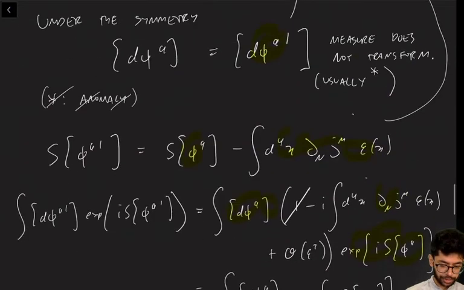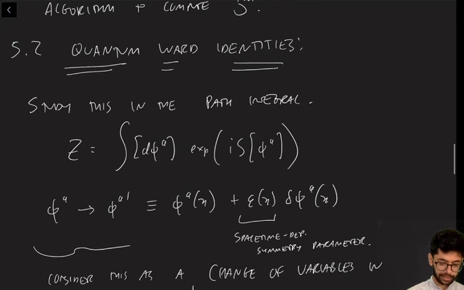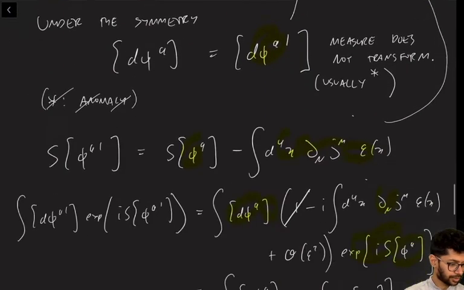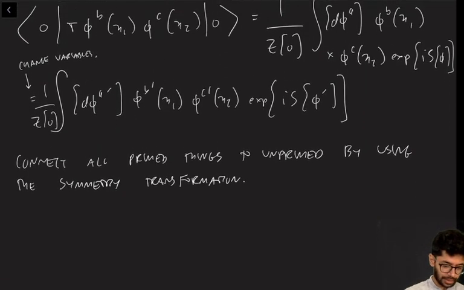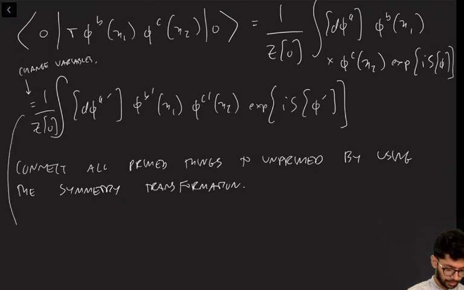Remember, the symmetry transformation was this thing right here. We now use this to connect all unprimed variables to all primed variables. Okay, so what do we find? We find that this expression here becomes,